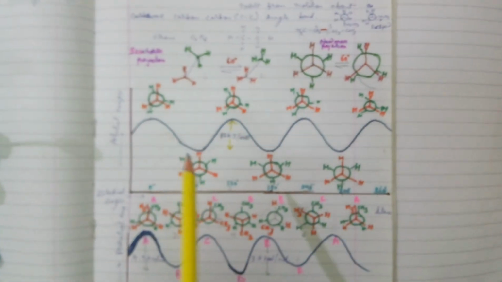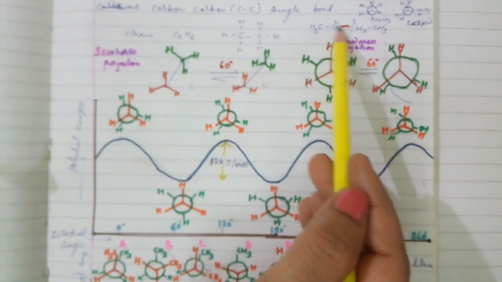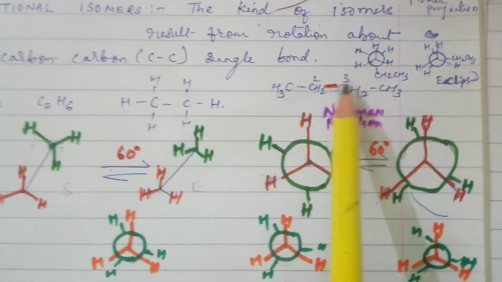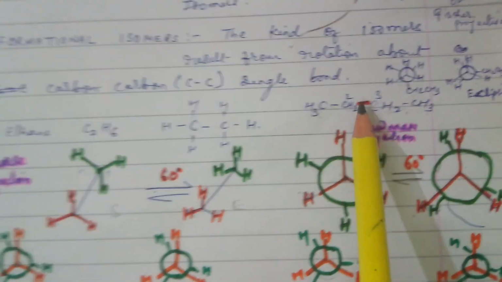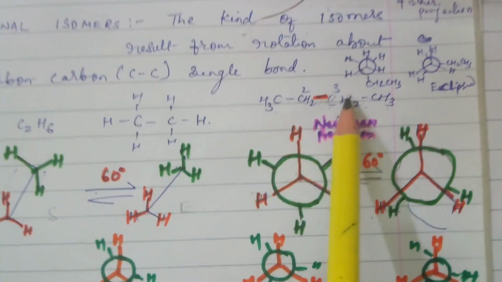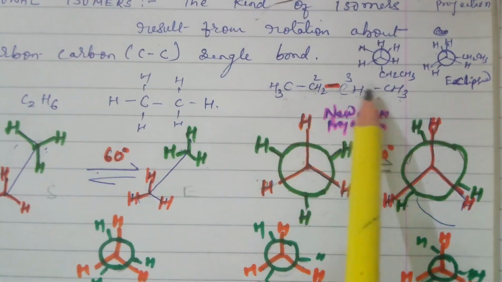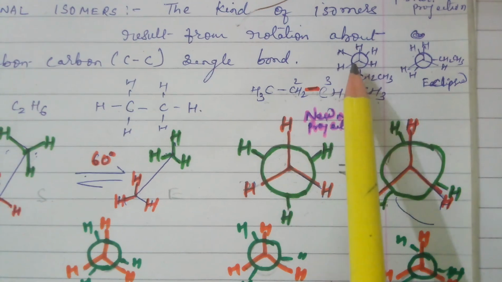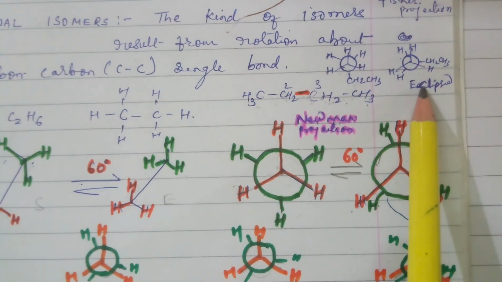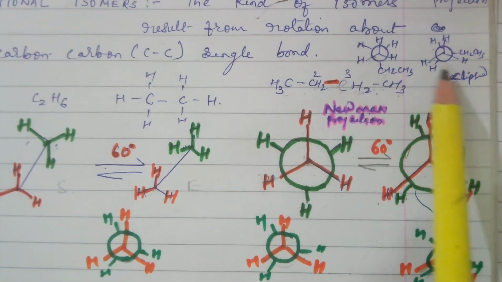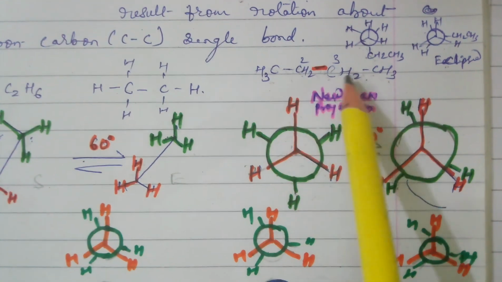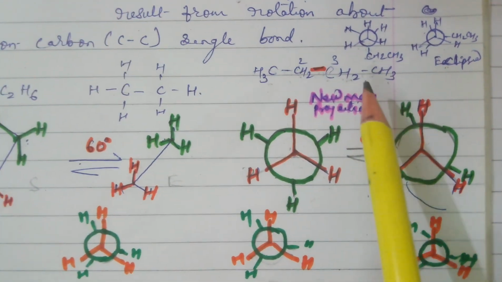See, what happened in the case of butane? As we know, there are 3 C-C bonds: 1-2, 2-3 and 3-4. So we can write the 3 Newman projections, as 1-2 and 3-4 are the same. Considering both are the same, we will write these kinds of conformers, and only 2 extreme conformers are possible, and all the eclipsed and all the staggered ones are the same in the case of the 1-2 and 3-4 conformers.